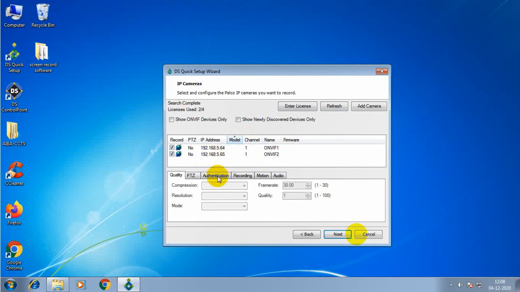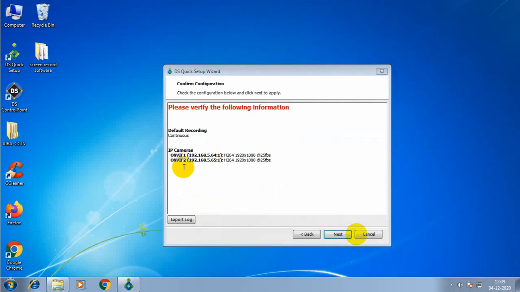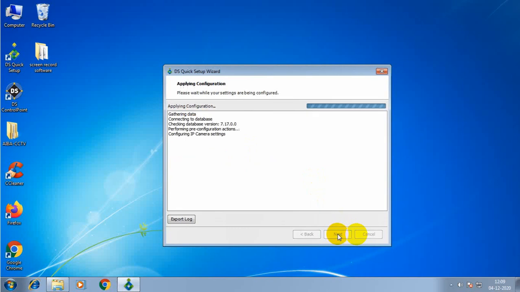So once again, you check for the authentication. You click the authentication. So it will start to verify. Before that, check for the resolution. So always the resolution should be 1920 into 1080. So confirm that both the cameras are on this resolution, so that we can have an easy clarity on that. Okay. So then once again give next.